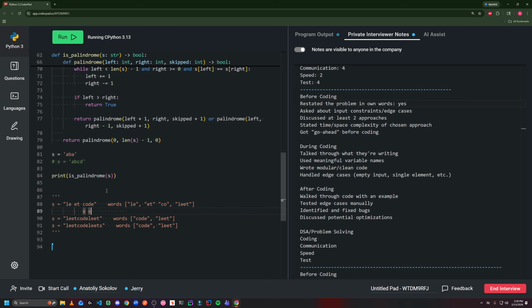Okay, so we're basically tracking at each index whether, wait, no. So okay, so you're saying for a single word we need to mark the index of where it's a match and where it's not, or